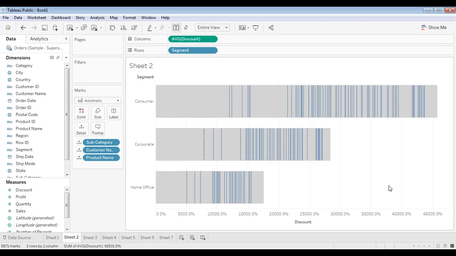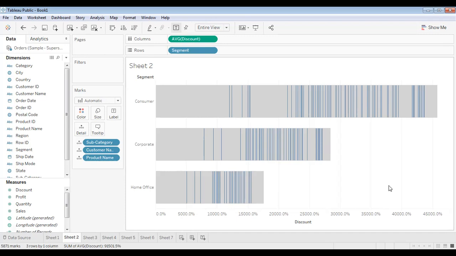So these types of views we cannot create, and we cannot use this detailed view for such fields, because these are individual fields by which the number of marks is going to increase drastically, because the customer name and the product name, you know, there is